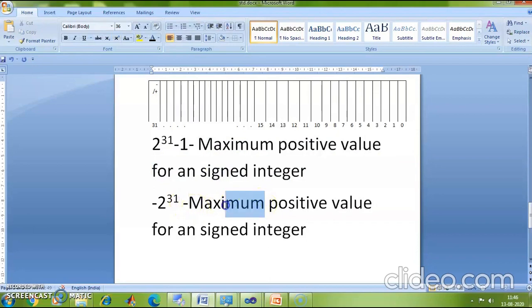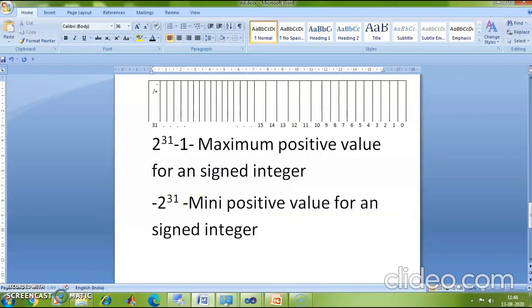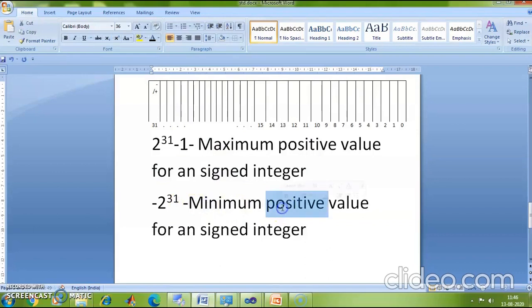This would be my minimum negative value for a signed integer. Okay, so 2 raised to 31 minus 1 is my maximum positive value that I can have for a signed integer, and minus 2 raised to 31 is the minimum negative value for a signed integer that I can have. Okay,